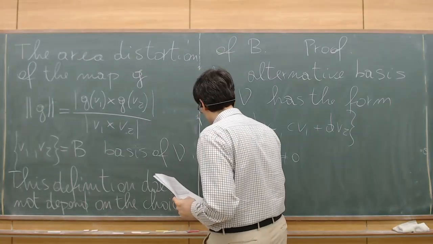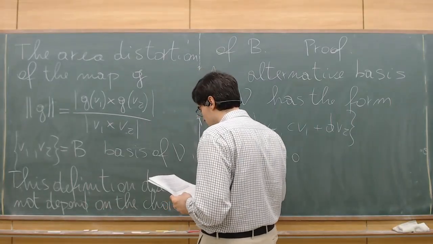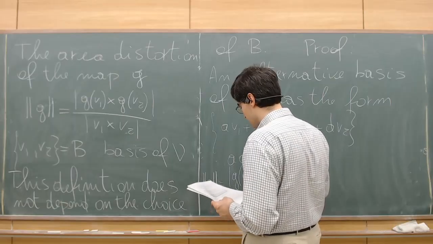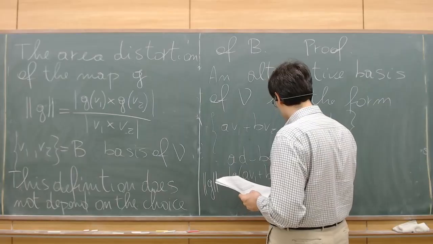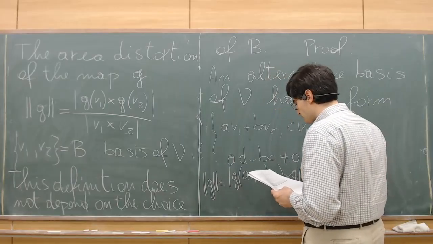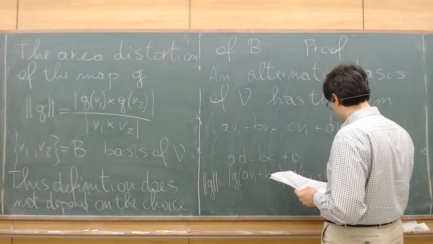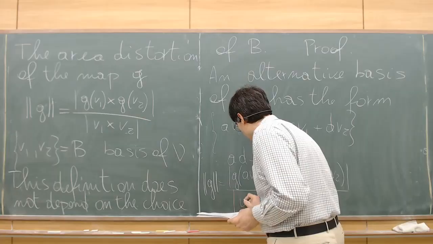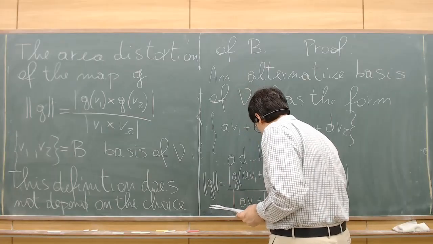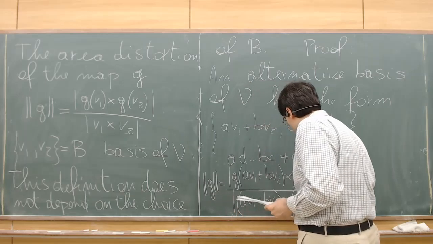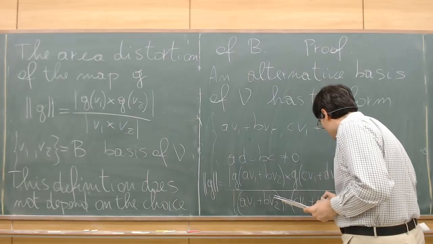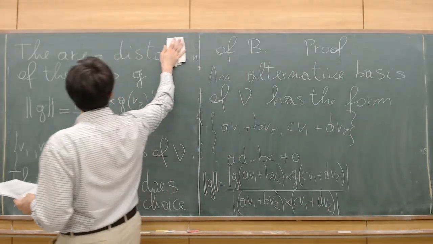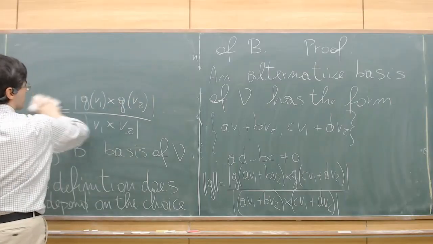So we have that the area distortion of G is given by the length of G(A V1 plus B V2) cross product G(C V1 plus D V2), divided by the length of (A V1 plus B V2) cross product (C V1 plus D V2). Now we want to simplify this formula,